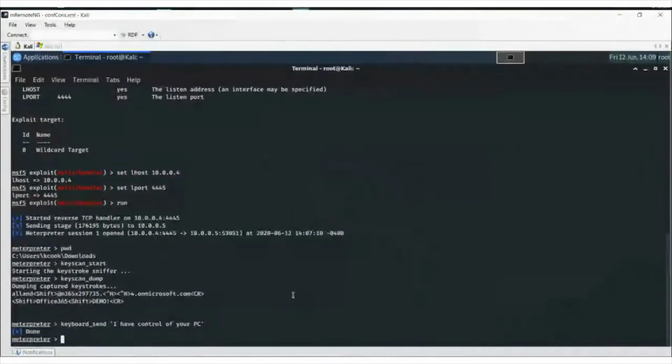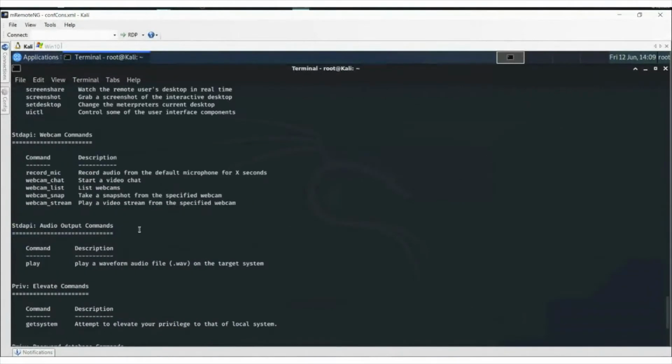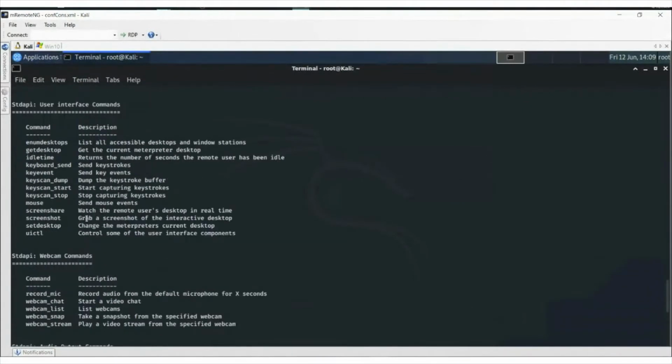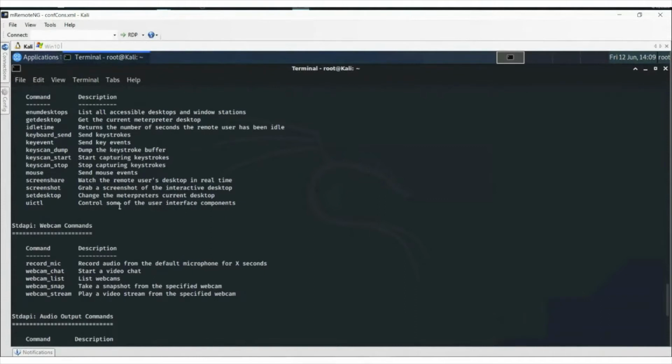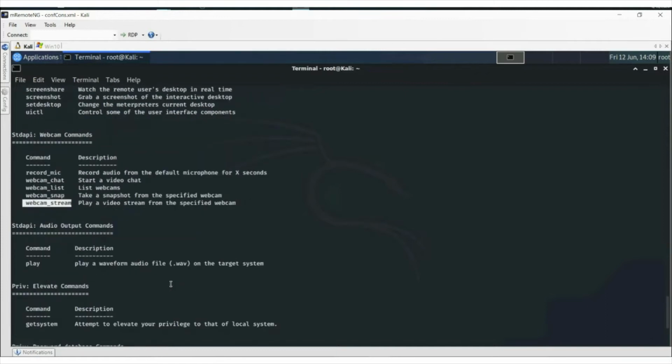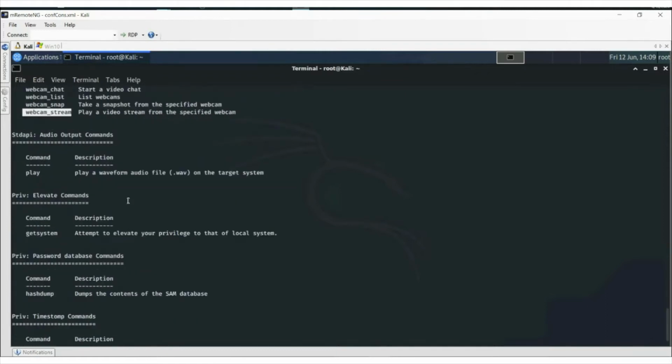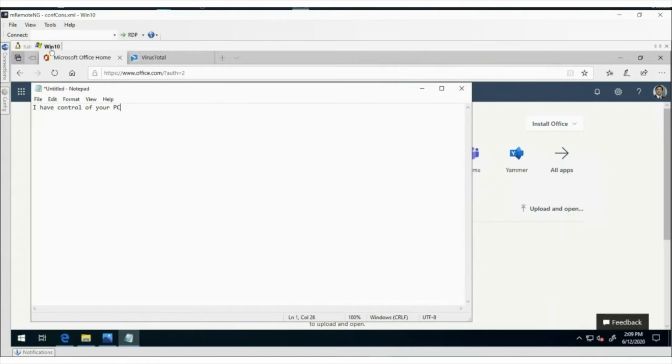See, it types it out for us. And there's a lot of other things that you could do with this. You see there's all sorts of different things we can do as far as getting screenshots, kind of watching the desktop. Even if there was a webcam connected to this machine, we could list out the different webcams, take a snapshot from the webcam, or even stream what's taking place on the webcam. So again, it's just very much a problem if somebody was able to get that piece of malware to run